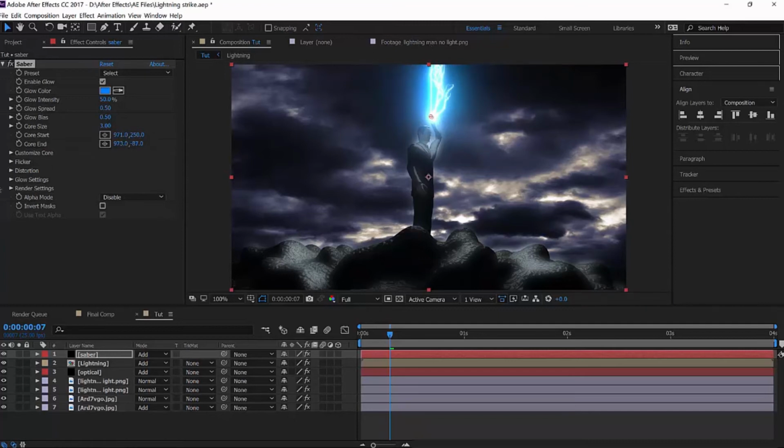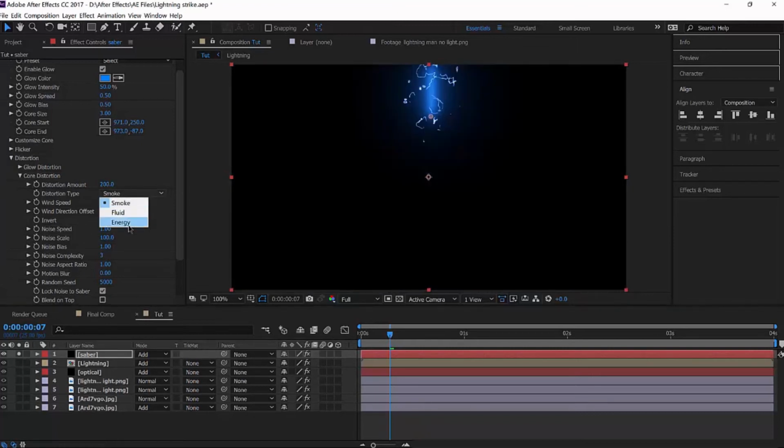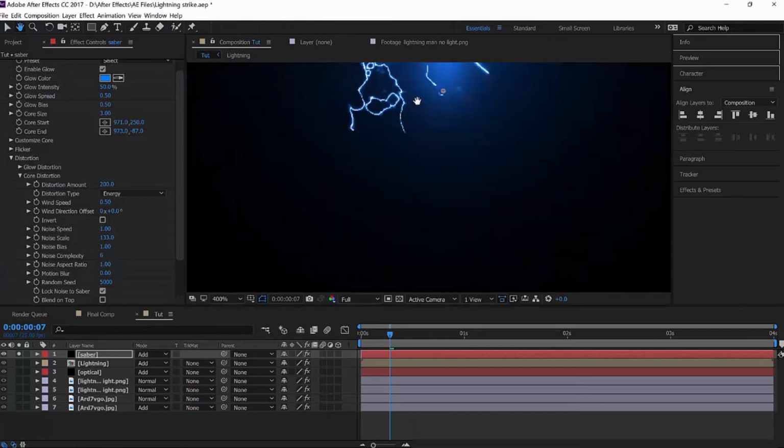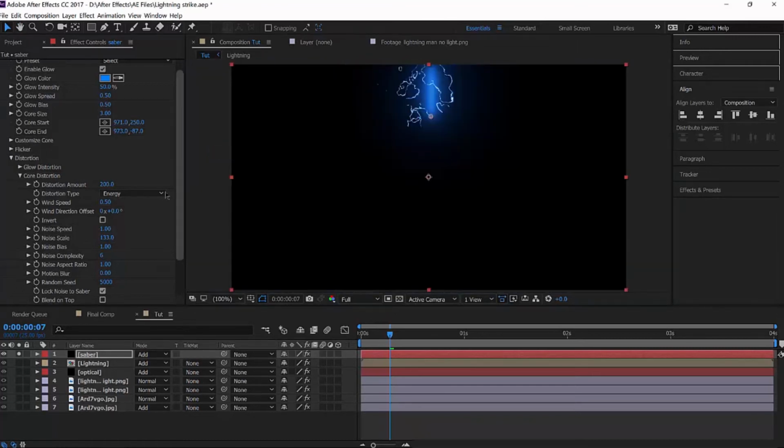Let's move it here. So now I'm gonna come down to distortion, core distortion. I'm gonna turn off blend on top and distort this like crazy, 200, the maximum. So I'm just gonna change this to energy maybe. So it looks much better according to me. I'm going to bring the complexity up to 6 so you can see the details, right? Over there, maybe push it up a little bit more, bring noise speed up to 2,